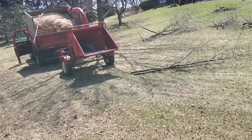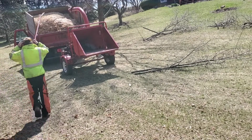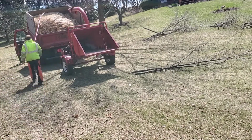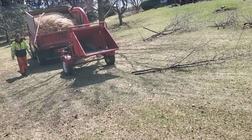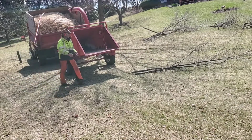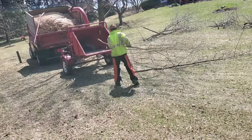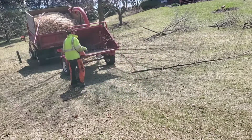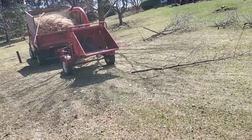Alright everybody, to give you a little insight, today it's tree chipping time. Yesterday I was busy on this property doing the spring cleanup and tree trimming services. I got most of everything done yesterday, but I had a little bit of branches that I had to finish chipping today, so it just got to be too late last night and I had a small little load, so I had to come back out to the customer's house today to finish up with a little bit of chipping,